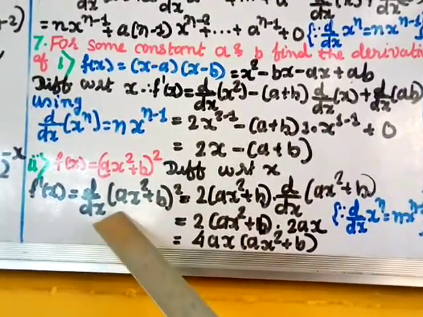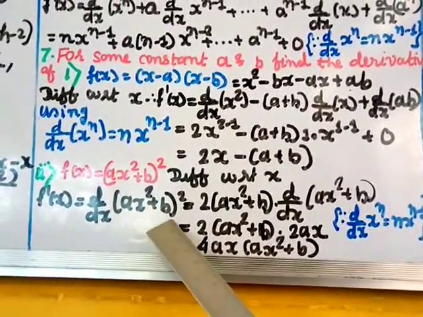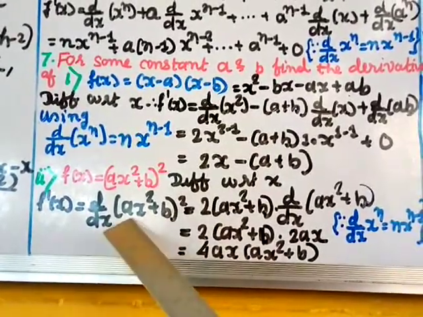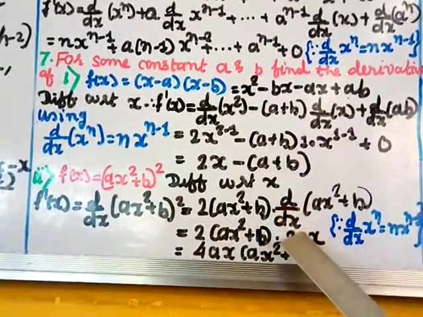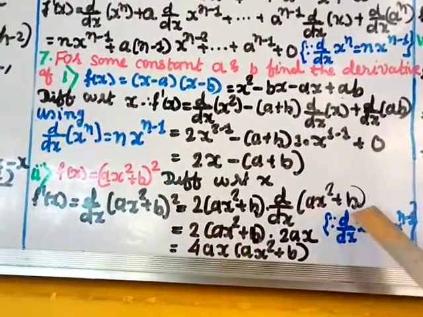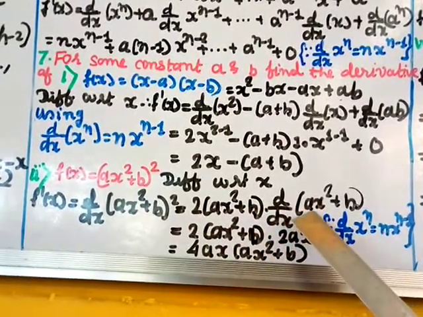Now here this is not only x, the formula is only for x. Here something more than x is there. That means you have to take the derivative of this value also. So we have to do this as into d by dx of the base, which is not done. We did only for this. So d by dx of ax square plus b. So 2 (ax square plus b) as it is, and here a is as it is.